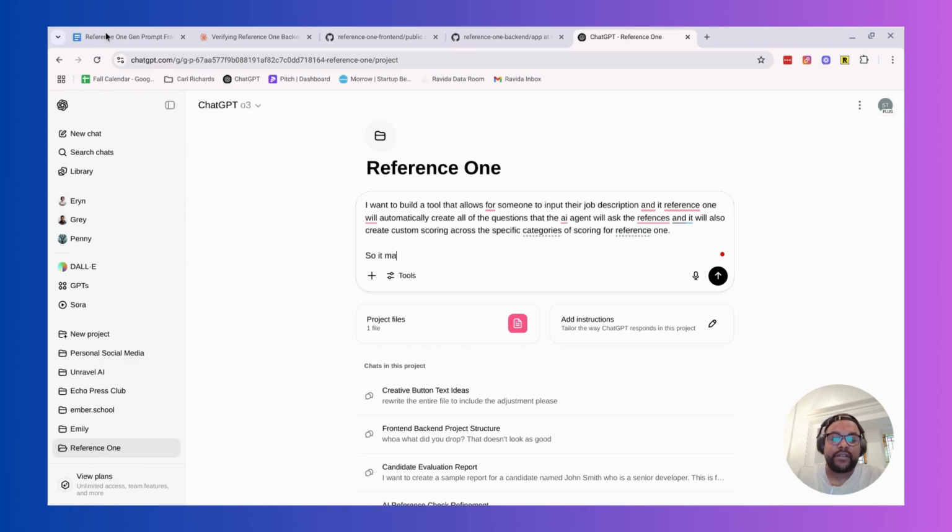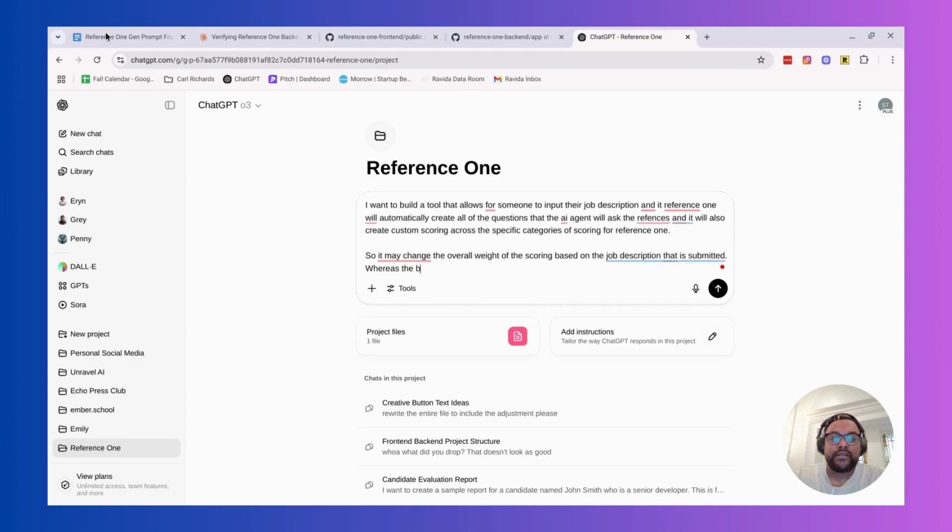So it may change the overall weight of the scoring based on the job description that is submitted,